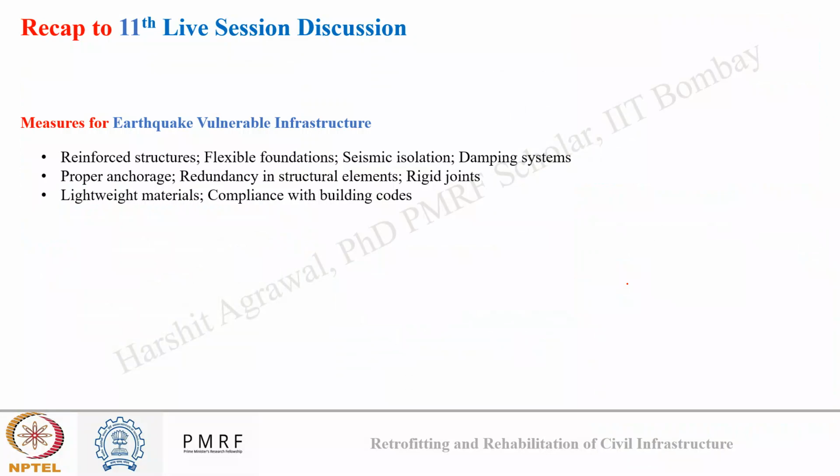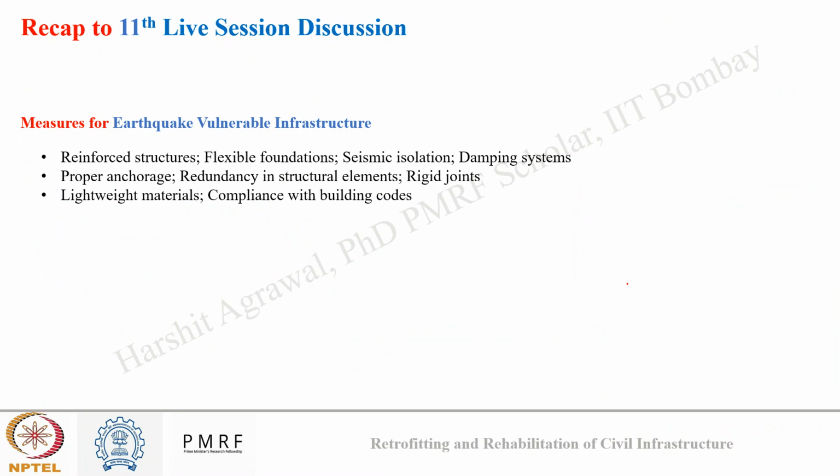Finally, we talked about different measures that can be opted during the design of infrastructure only to minimize the risk of seismic damage. In this, we talked about reinforced structure, which will enhance the ductility, flexible foundation, which will be able to absorb more vibration, use of seismic isolations and damping systems, which will take vibrations away from the substructure, proper anchorage to increase the joint strength, redundancy in structure elements to make it more stable against earthquake events,